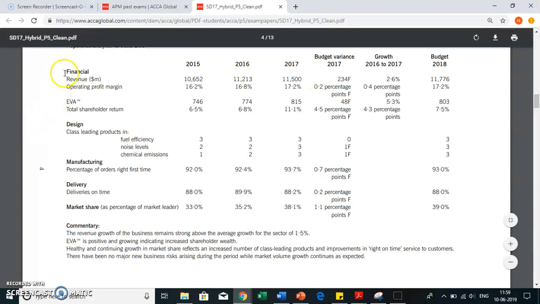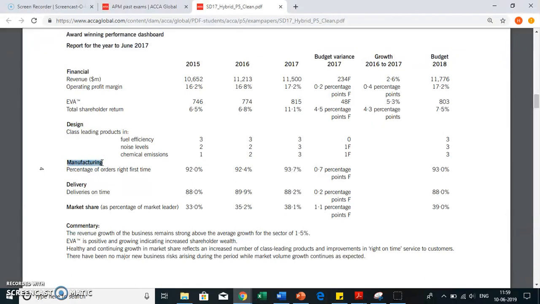So these are KPIs, okay? The presentation is pretty decent because you can see that the KPIs have been classified under different headings. The bold ones are the different headings. So you have financial, design, manufacturing, delivery, market share, and then different KPIs underneath them, which is pretty good. The layout is pretty decent. You have a commentary again, which is, narration is provided. You have an